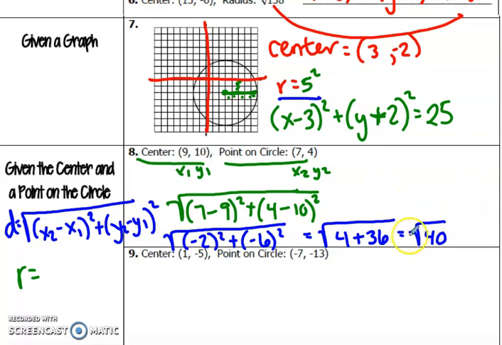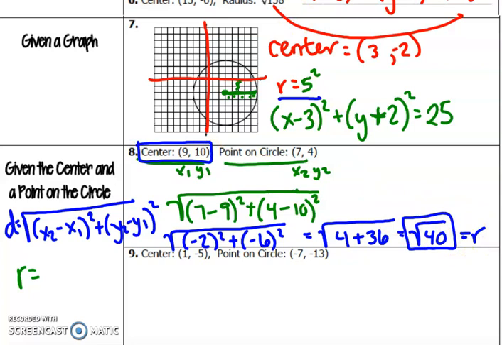Okay, it is important that you leave it as a square root of 40 because I'm going to end up squaring it in a second in my formula. So all of this mental math was so that you can find the simplified radical version of your square root. Okay? So now I can take my information, my center, and my radius and